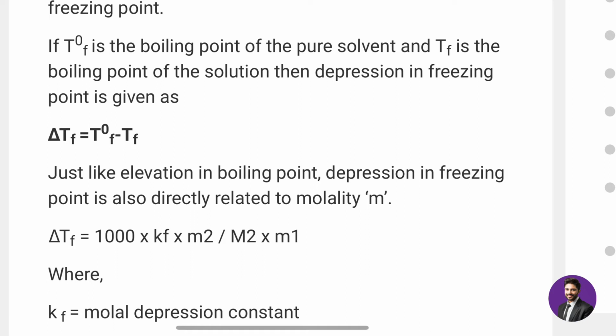So now for the explanation of the depression in freezing point equation: if T0F is the freezing point of the pure solvent and Tf is the freezing point of the solution, then the depression in freezing point is given as the difference ΔTf equals T0F minus Tf. Just like elevation in boiling point, depression in freezing point is also directly related to molality m,